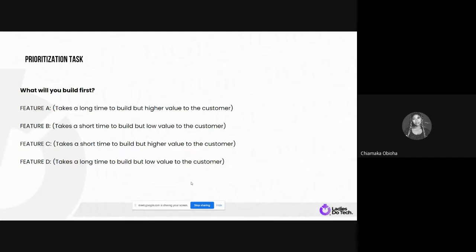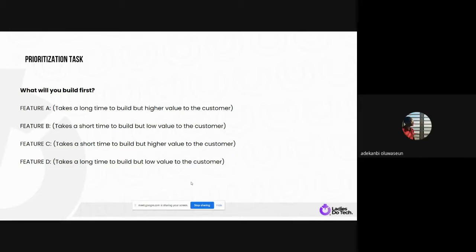So while the MVP is being prepared, you're making arrangements to build feature A that also has a higher value. You've already done your MVP, and then you are trying to add a feature that also has higher value to the customer, and that can be added because it takes a longer time. So you can use the period where customers are testing this to build the other function and activity, right? And then you also add feature B. Feature B now goes next. It's of low value, and then last is feature D. All right, thank you very much, Shamaka.